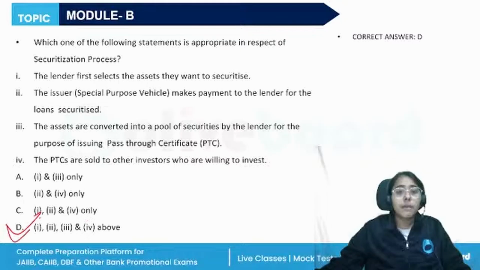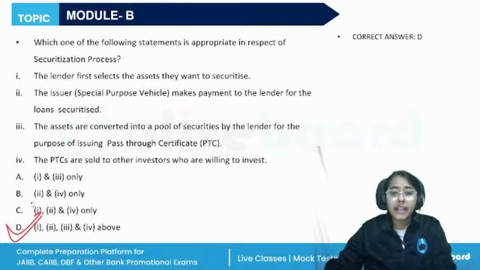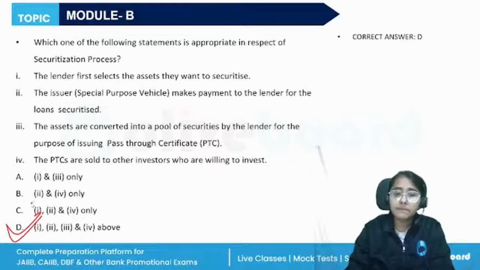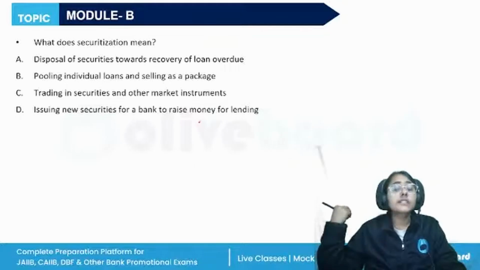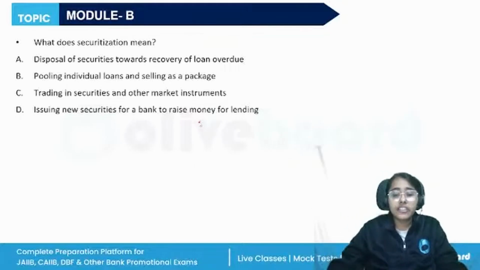This is the complete process of securitization. So starting from the banks, they will collect money into a pool. Then the pool will be divided into small parts and sold as securities by the SPV. Buyers of the securities get the investment or the mortgage payment, and the banks get the due payment for their NPAs. Then what is the meaning of securitization? Definitions are given in the securitization, like what is the meaning of obligor, originator, securitization, SPV, and sponsor.